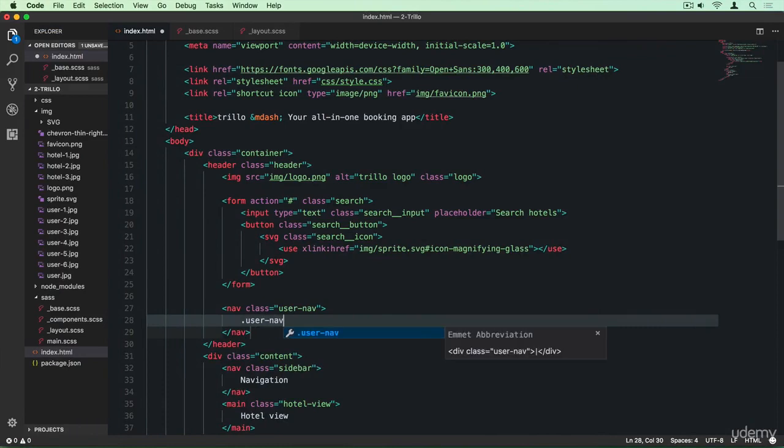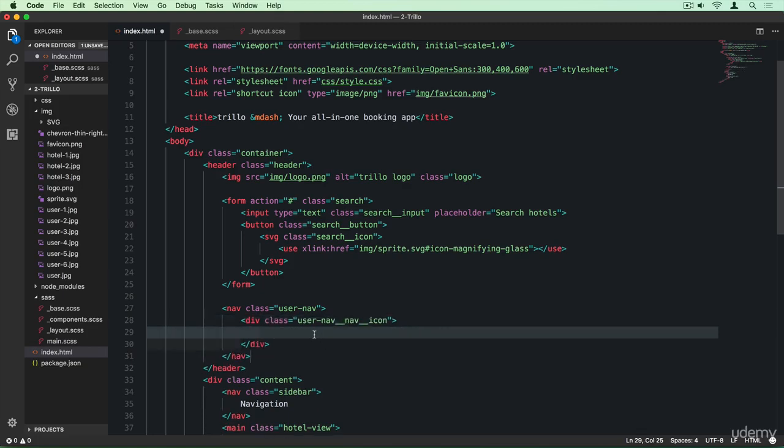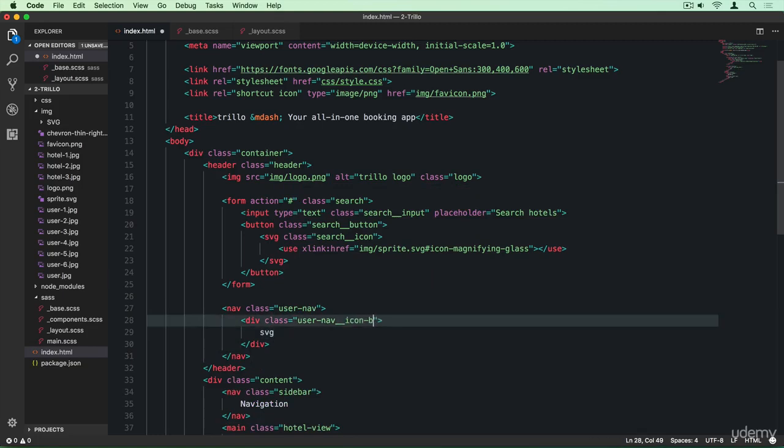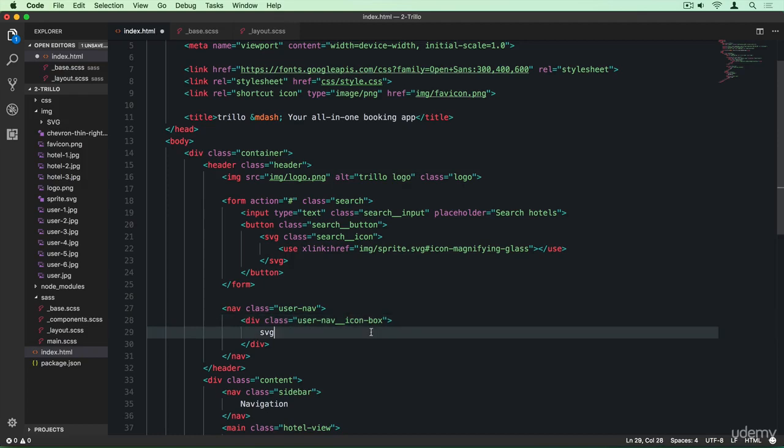So user nav, the name of the block, nav icon, and then in here our SVG. Now actually this is not the name that I wanted here. Let me change that. So icon box. So now it's okay. So this is a box where the icon will sit. And this one is the user nav